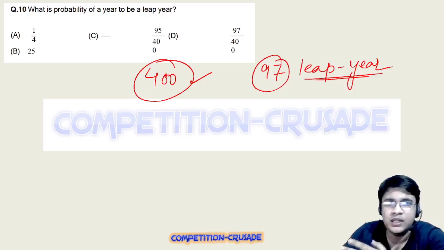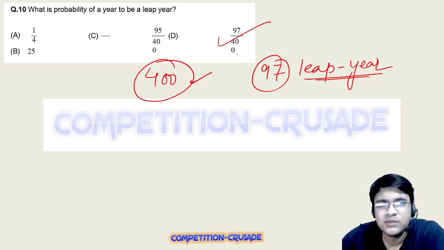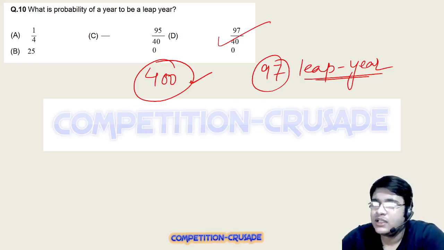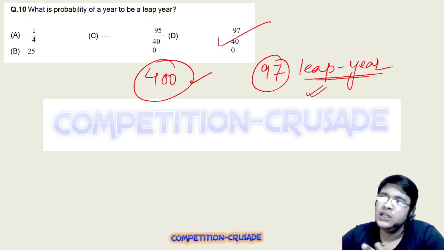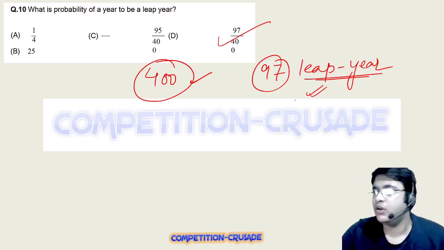ठीक है, ये एक, दिस इज द ओनली एजेंडा दैट दे आर ट्राइंग टू प्रॉब्ली टीच यू। सो 97/400, ये जैसे ही देखोगे टिक करके आगे निकल जाओ, तो इसमें कुछ सीखना नहीं है, कुछ समझना नहीं है। ठीक है, तो बस ये थोड़ा सा समझना था कि हर 400 ईयर्स में 97 लीप ईयर्स प्रेजेंट होते हैं। तो प्रोबेबिलिटी, व्हाट इज द प्रोबेबिलिटी ऑफ अ ईयर टू बी अ लीप ईयर इज 97/400। देखा नहीं कि टिक मार के आगे निकल जाओ, और कुछ करना ही नहीं है इसमें।